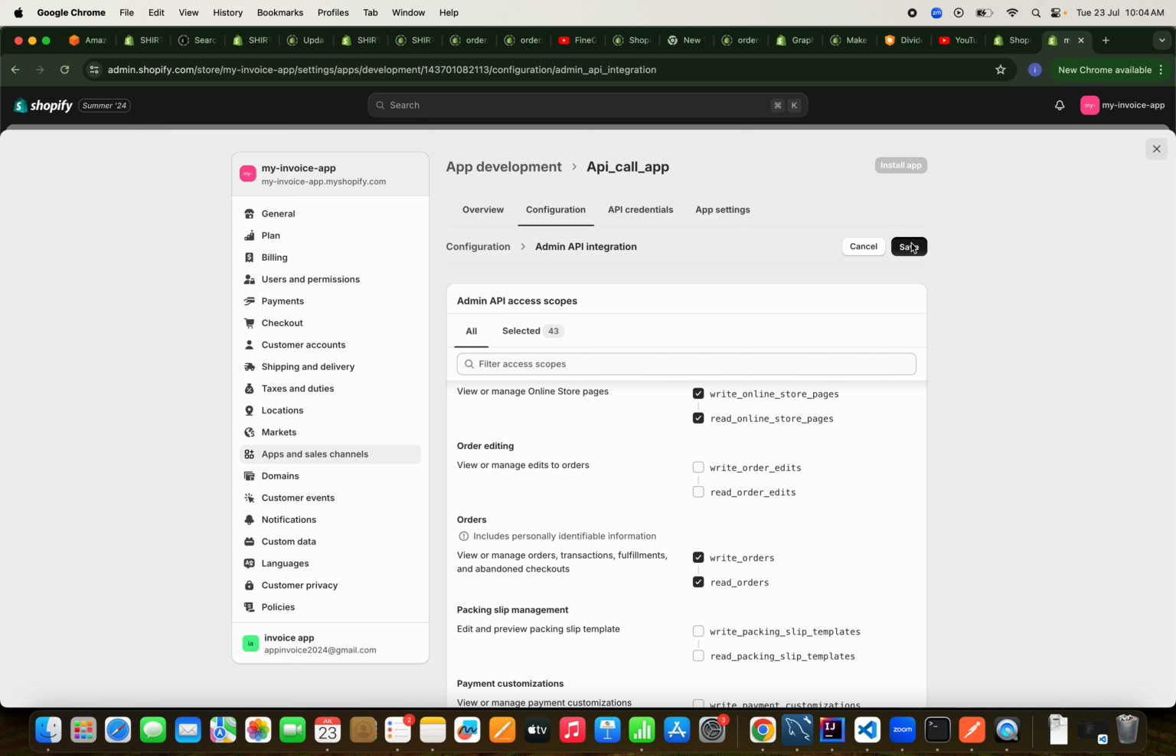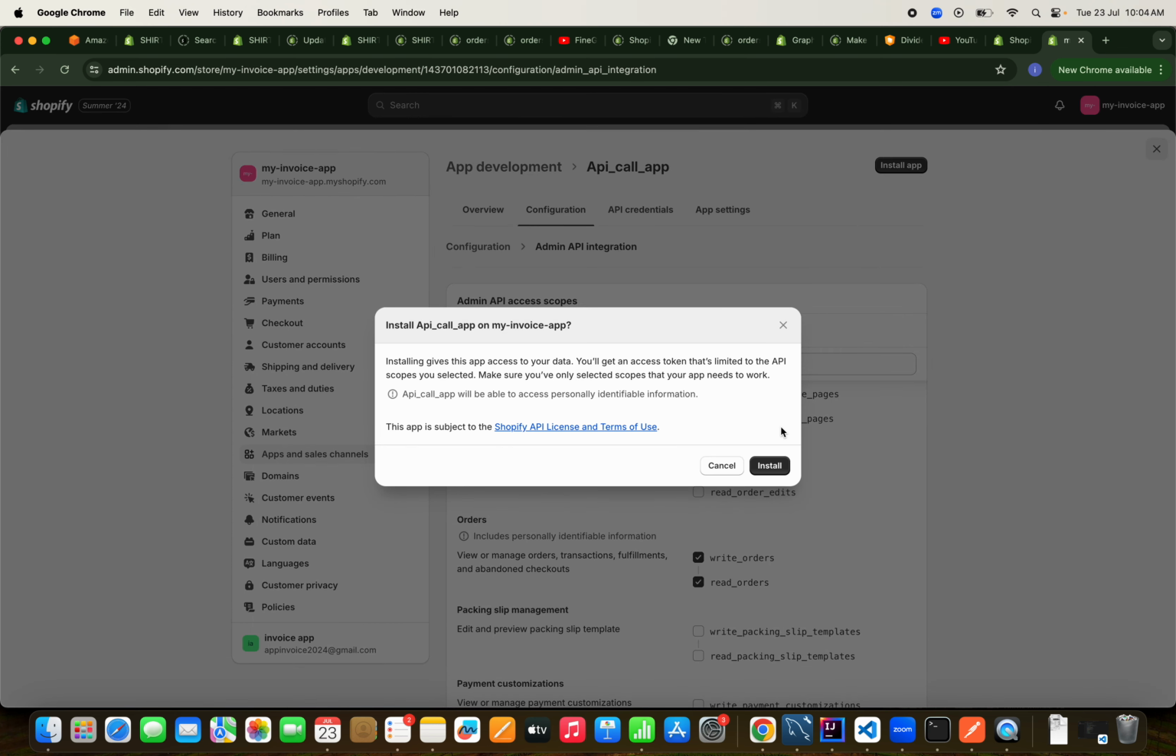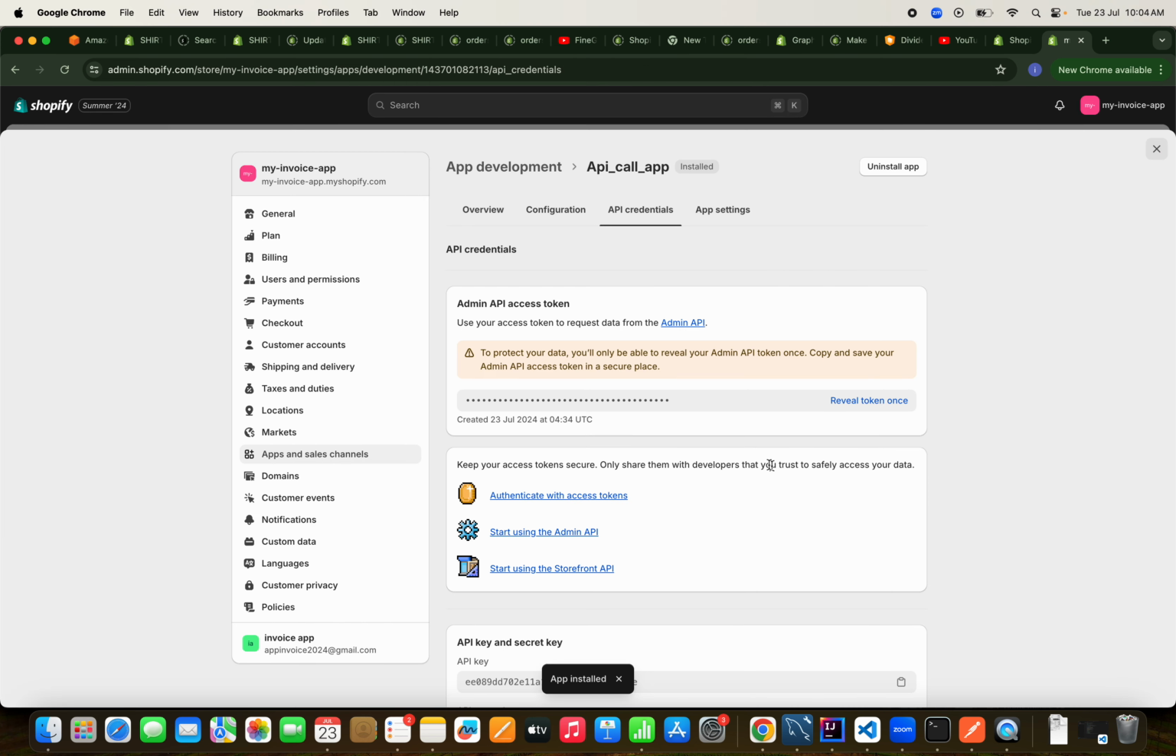So I click on save. Once I click on save, this particular app can be installed now. We have created an app and given the permissions to the app. When we click on install app, it asks us for permission, and when I say install,